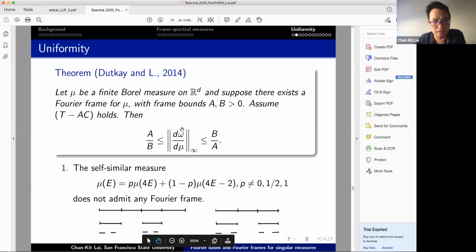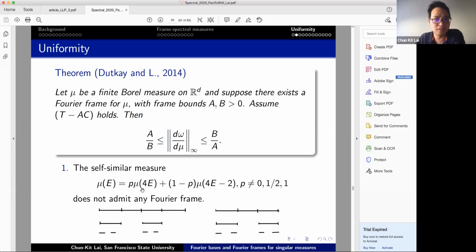If you try to calculate the Radon-Nikodym derivative between these two extreme pieces, they are absolutely continuous to each other, and the derivative will be P over 1 minus P raised to the power n. I want P over 1 minus P to the power n to be bounded above and below. The only possibility is that P is 1/2. Otherwise, they will blow up, either side will blow up. So that gives you the first proof that some measures will not have a Fourier frame if they are not